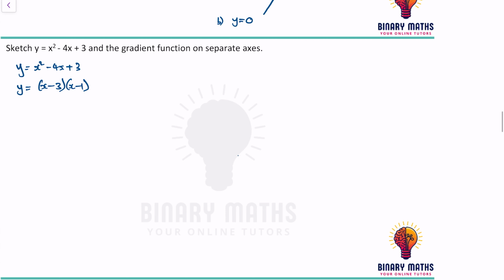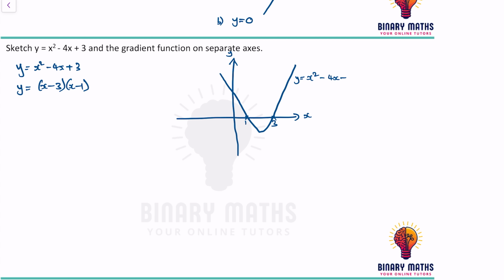So if I were to sketch this graph, it's a positive quadratic, so it is crossing the x-axis at 1 and crossing the x-axis again at 3. So my graph would look something like this. Y is equal to x squared minus 4x plus 3, or you can call it y is equal to f of x. Then if I were to draw the gradient function for this,